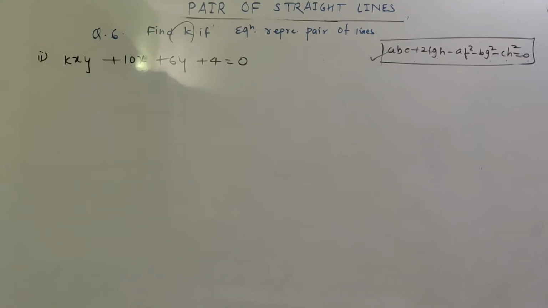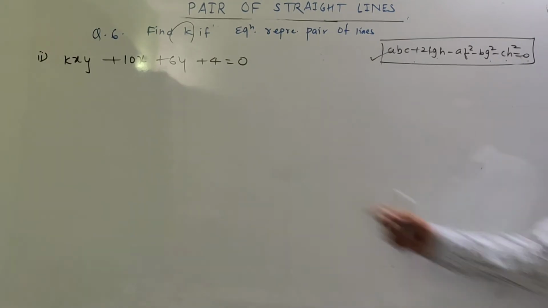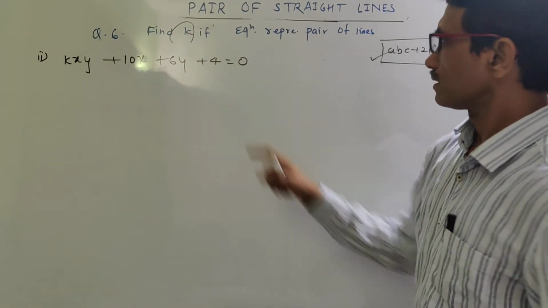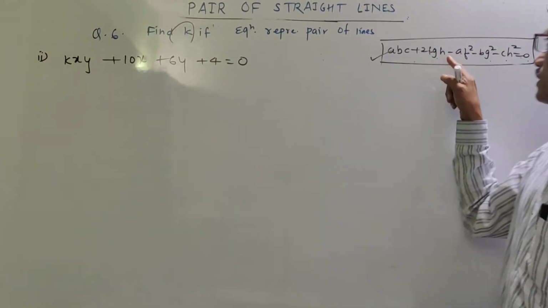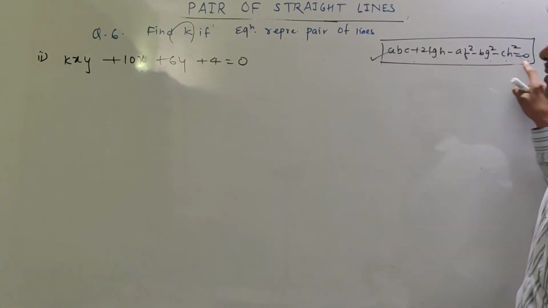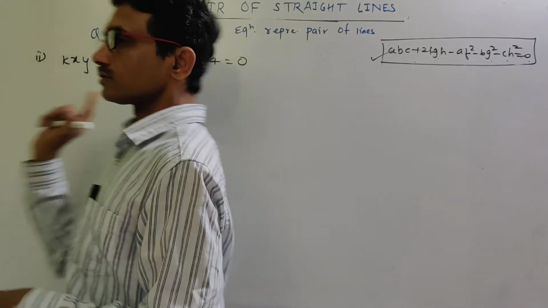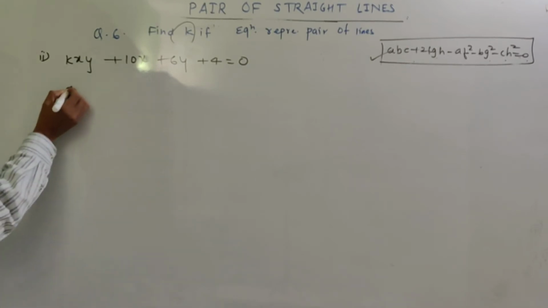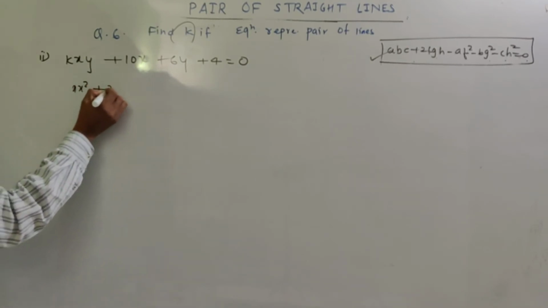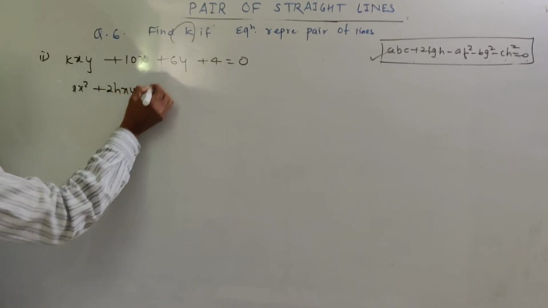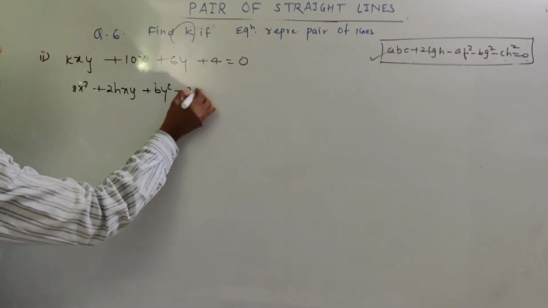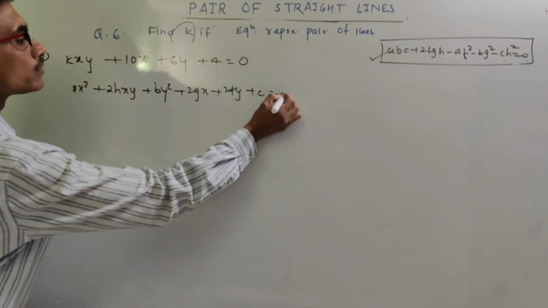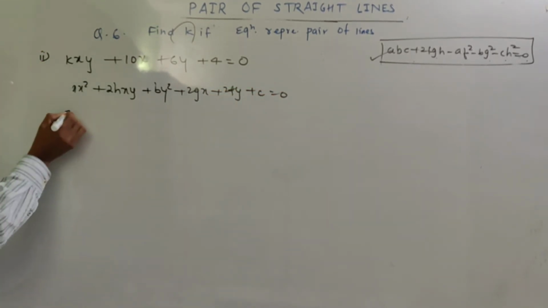We start with the second sub question: kxy plus 10x plus 6y plus 4 is equal to 0. We find k here. We use the necessary condition abc plus 2fgh minus af square minus bg square minus ch square. So first of all, we have to compare this equation, on comparing with ax square plus 2hxy plus by square plus 2gx plus 2fy plus c is equal to 0,